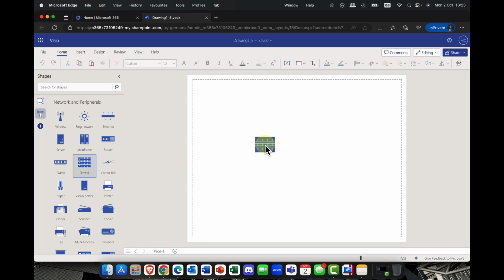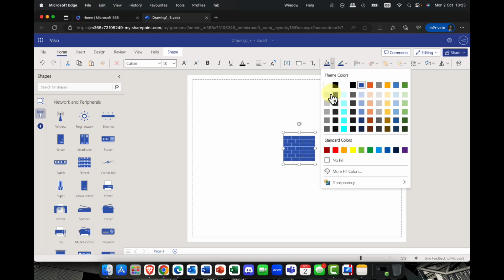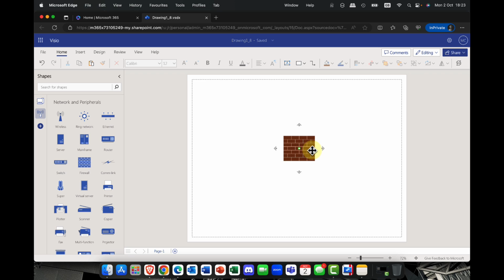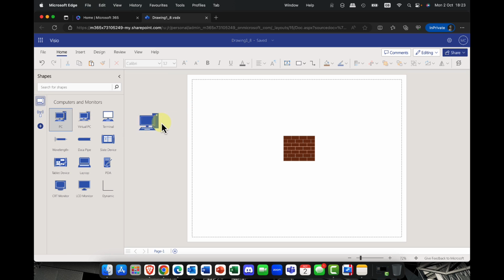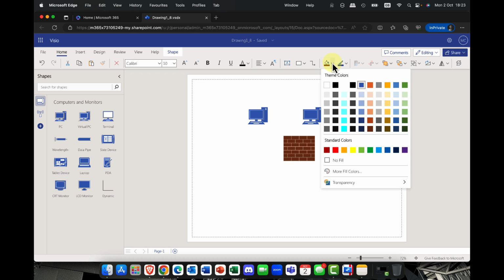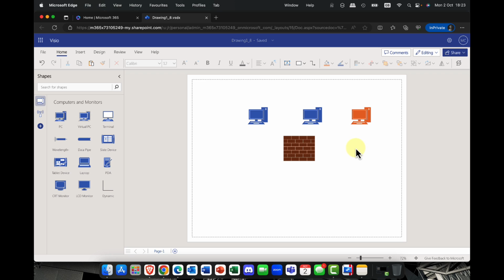So I can, for example, draw a wall here. I can do a representation of a firewall. If I want to change the color of the wall, of course, which you probably would, you can configure that there as well quite happily. Now, what else do we need? Well, we're on a network here, so I suppose we should put some computers in here. And again, you can see it's super simple to work. If I want to change the color of anything, again, as before, it's just the case of selecting the item or items, and you can see I can easily change the colors of these devices.